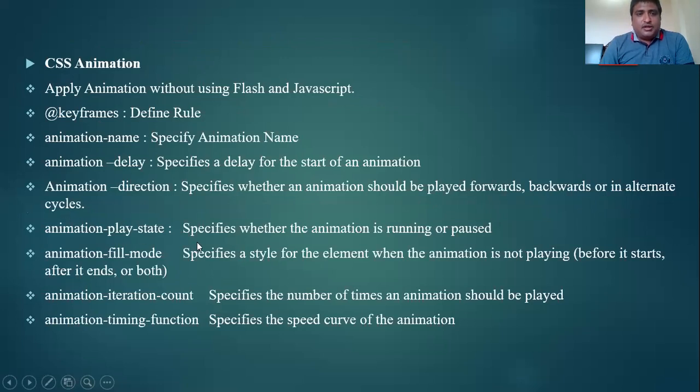We write play state, specifying whether the animation is running or paused. Then animation fill mode specifies a style for the element when the animation is not playing.